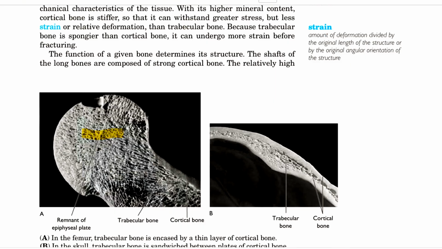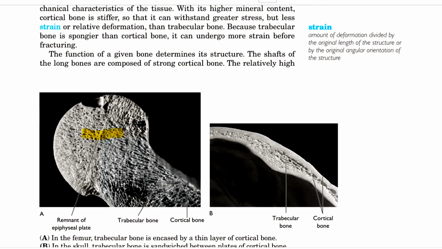It contains thin bars called trabeculae, and the spaces are filled with marrow and fat. Because it is spongier, it is less stiff, it can bend more and can tolerate more strain. That's why fracture occurs in the later stages of pressure. First, the pressure is borne by the cortical bone. After that, the spongy bone can bear more pressure. So it is mostly a less fractured area of the bones.